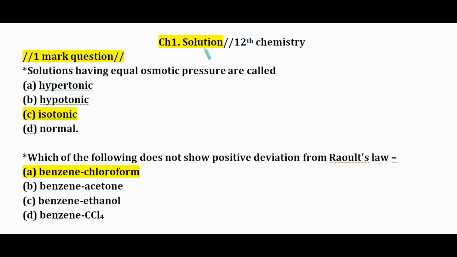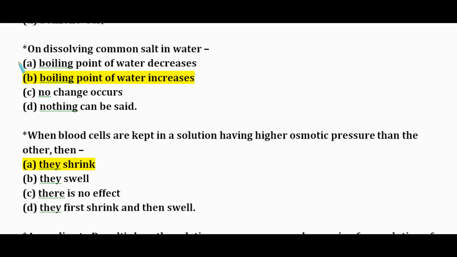Chapter 1 Solution, 12th Chemistry, and we have important questions for board exams. Let us see. Solutions having equal osmotic pressure are called isotonic. Which of the following does not show positive deviation from Raoult's law? This is a solution of benzene and chloroform. On dissolving common salt in water, the boiling point of water